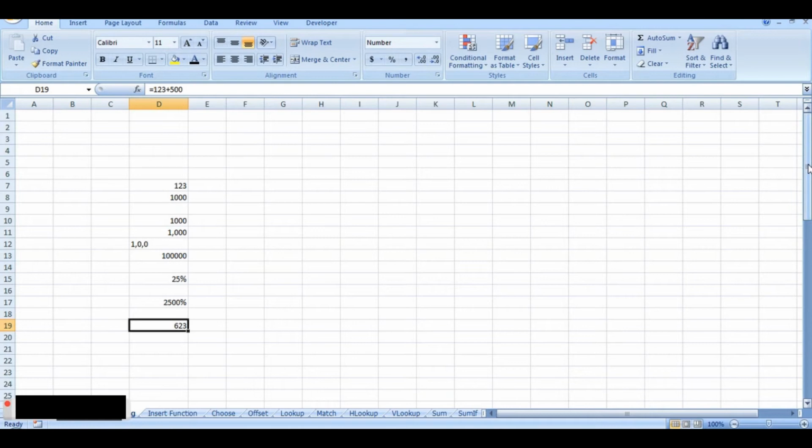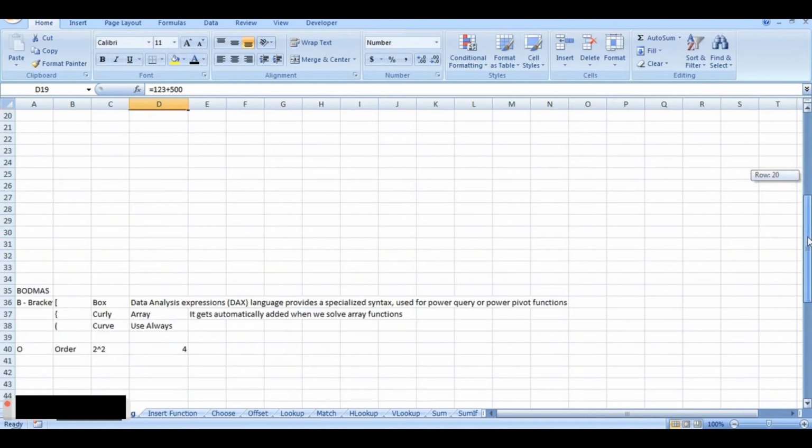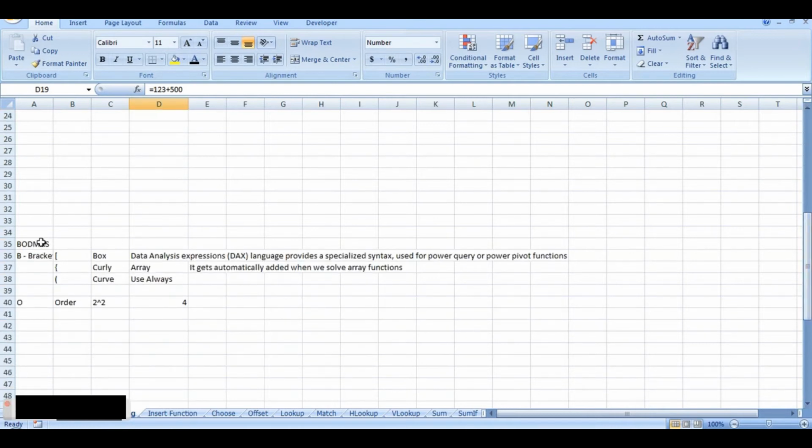But we all know mathematical functions are based on the BODMAS rule. What is BODMAS? We all know: bracket, order, division, multiplication, addition and subtraction. So how does it work in Excel?